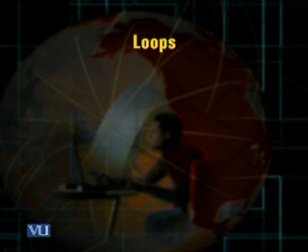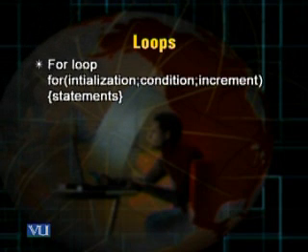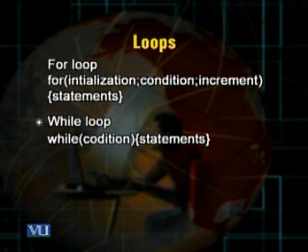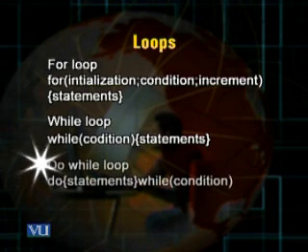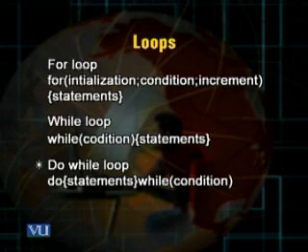As you can see in the slide, in case of a for loop, there would be the keyword for that would be first of all typed, then there would be a condition, and then there would be some statement. In case of while loop, we write the keyword while, then within the small bracket there is some condition, and then within the curly brackets there are some statements to be executed if the condition is satisfied. In case of do while loop, there is the keyword do, within the curly brackets there are statements, then there is the keyword while, and then comes within the small brackets some condition.